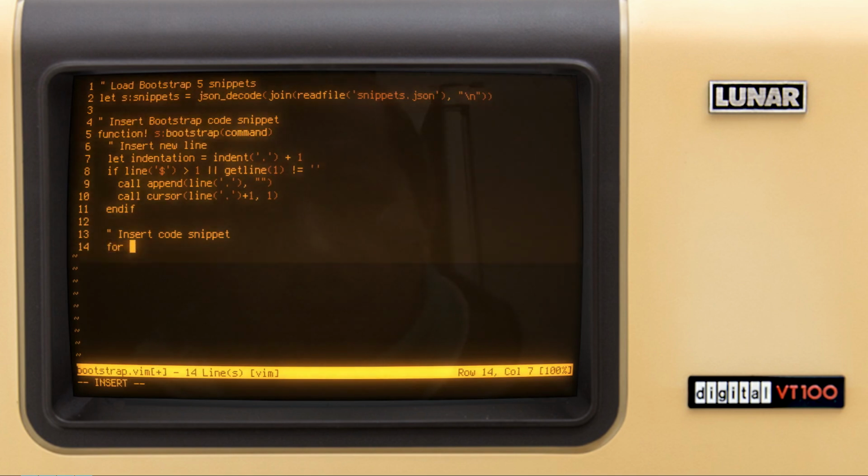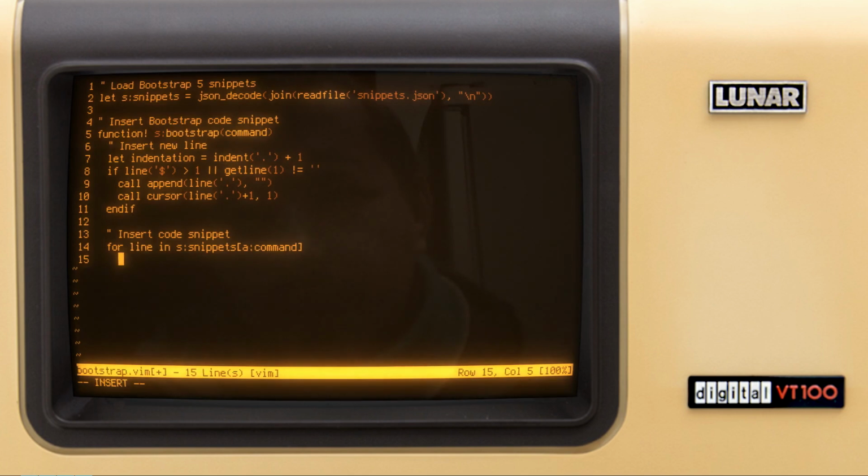So let's say for line in s:snippets, and to use the key, so snippets is the dictionary, so we're referencing snippets by key, and this is going to be defined by the command, which is the argument. So I say a: prefix stands for argument, so a:command, and this already allows us to loop over those lines,